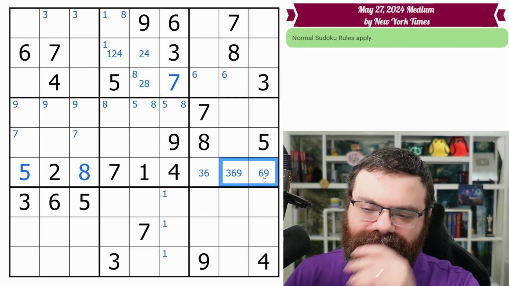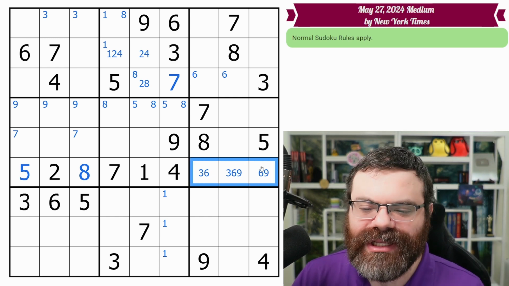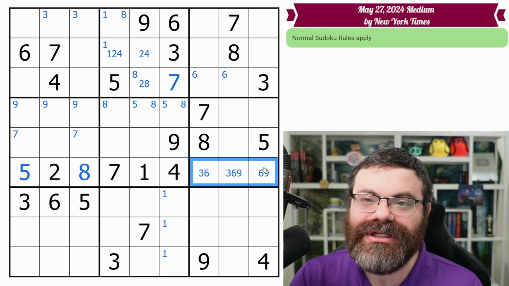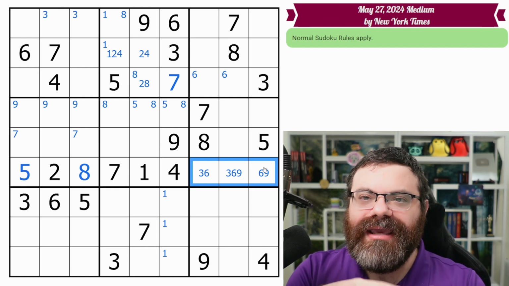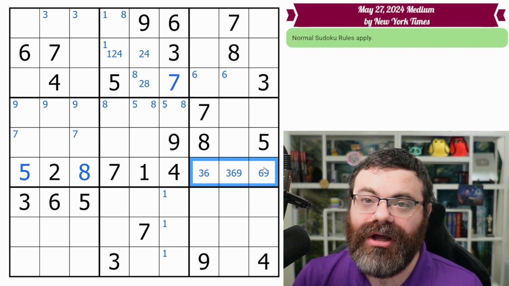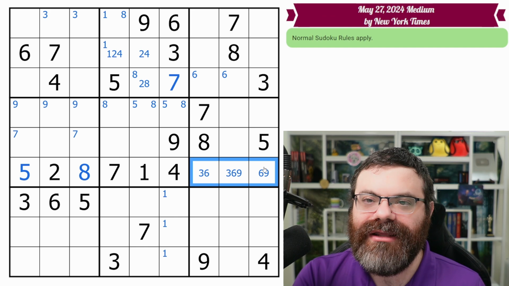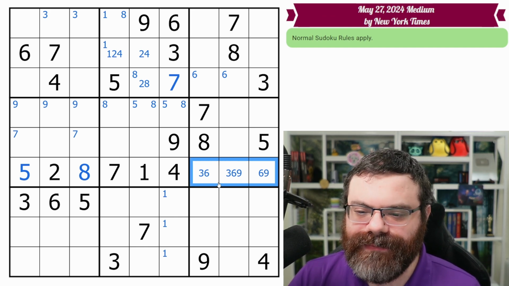Now I'm going to remove the corner marks because what we've learned is more powerful than the corner marks. This is a 3, 6, 9 triple. It's called a naked triple. Now, naked is a word just like hidden. It's kind of the other side of the coin to hidden. Hidden is we're looking at the list of cells in a row, column, or box. Naked is we're looking at one or more cells, and we're just looking at the candidates that remain for those cells, the center marks. So if we just look at the center marks for these 3 cells, what can we learn about this? Well, I'm going to talk about this box rather than the row because the box is more